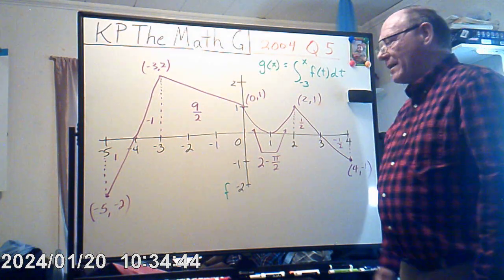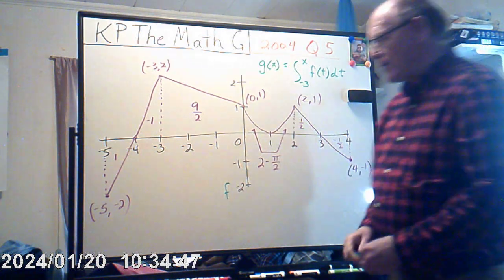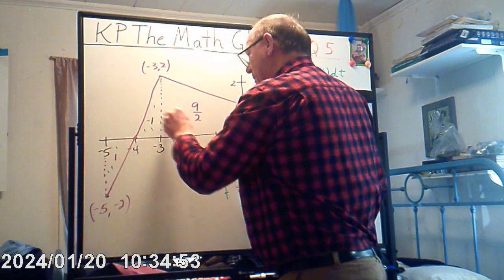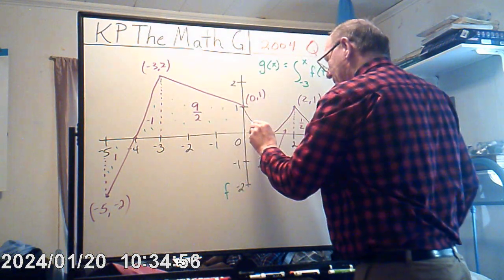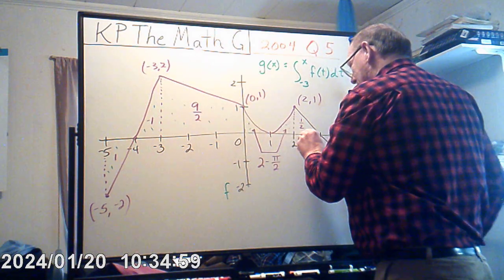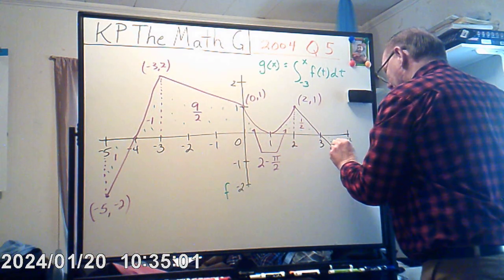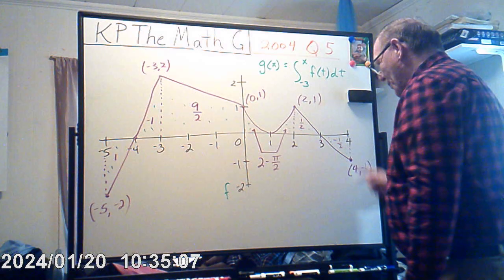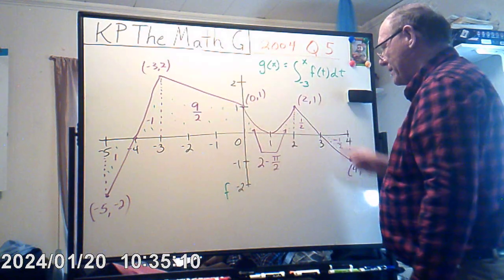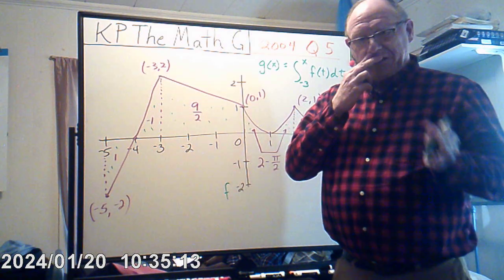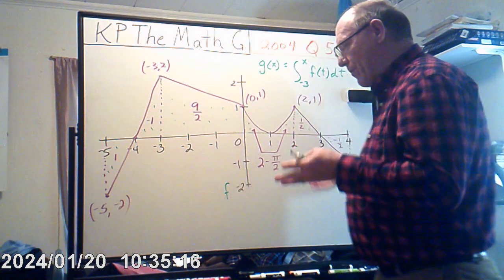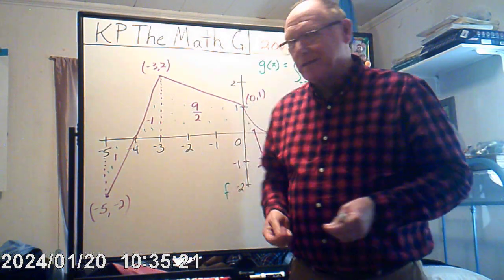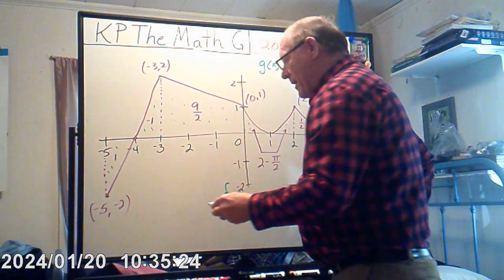Okay, so all of these are areas, and I don't want to mess it up too much, but this is the area here, and this area here, and all this area here, and then this area down here, and this area down below here, and this area up here, and then this area down here. So from -5 to 4, we have the summation of all these areas. Just without doing any work, and taking it at face value that I've got all of these correct, I'm going to show you the difference between displacement